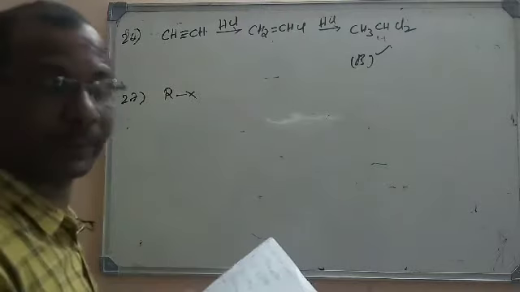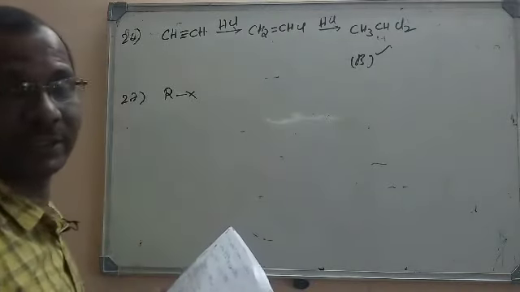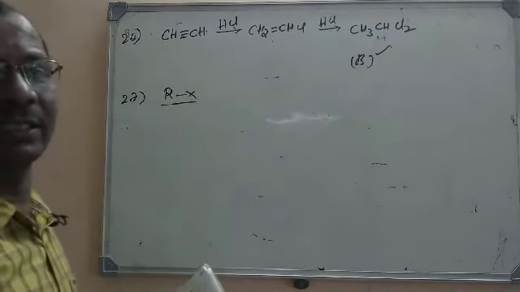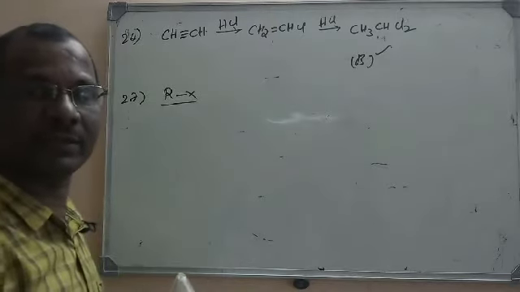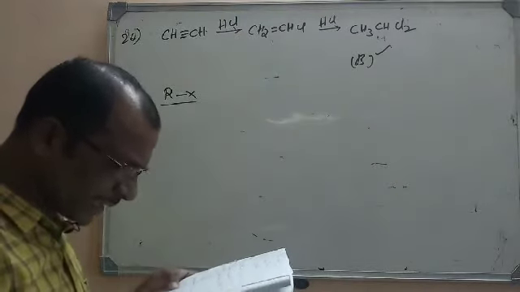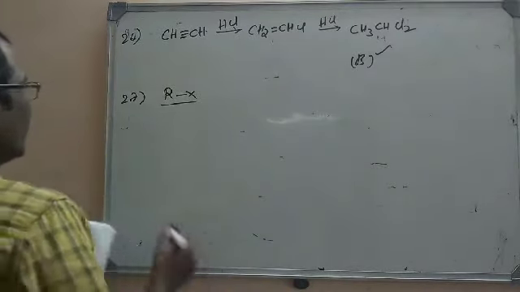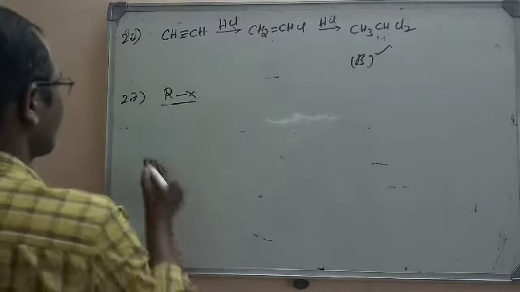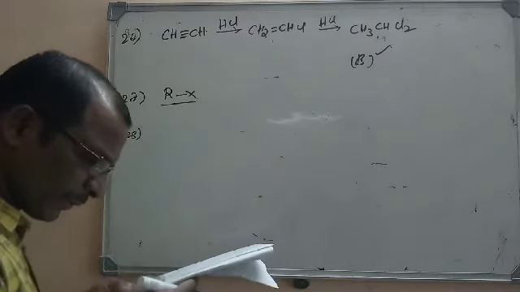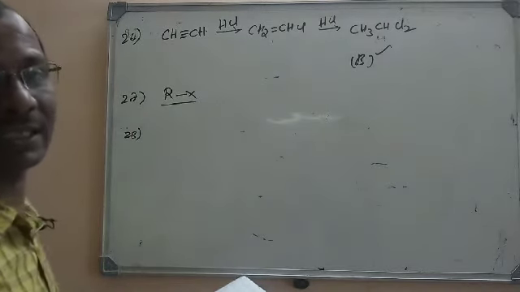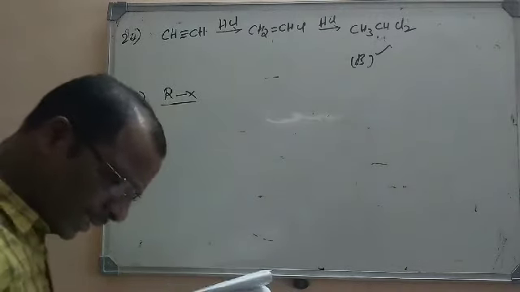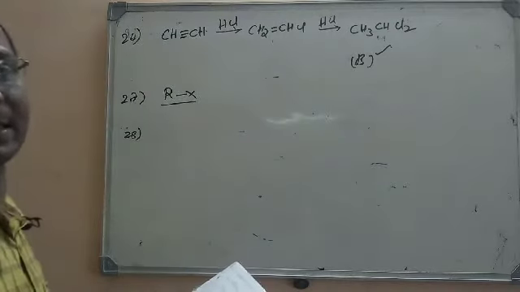So these are all the methods of preparation, but least preferred is direct halogenation, because the direct halogenation of any alkanes may give different types of products. Halogenation will take place on different carbons, so we'll get a mixture. So we don't prefer that method. Direct halogenation is not preferred. Why? Because we get a mixture of alkyl halides. So what is the right option here? B, direct halogenation we don't prefer. Remaining methods are methods of preparation. From alcohols we prepare alkyl halides. Even addition of hydrogen halides to alkenes is also preferred.